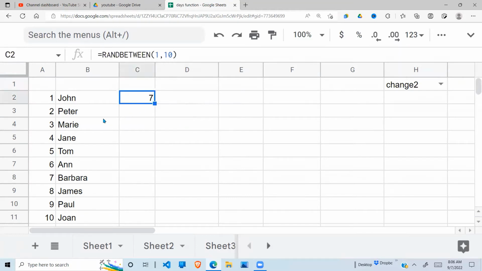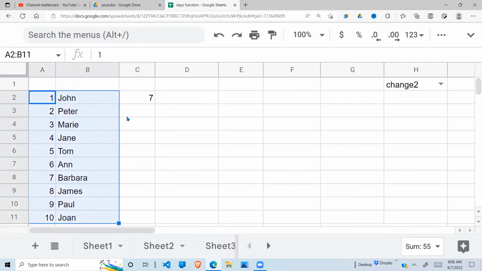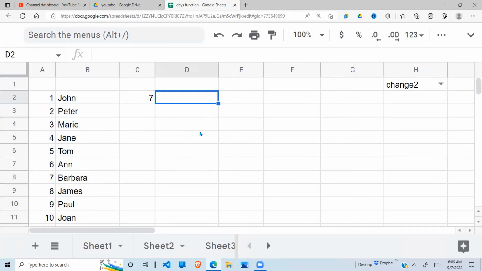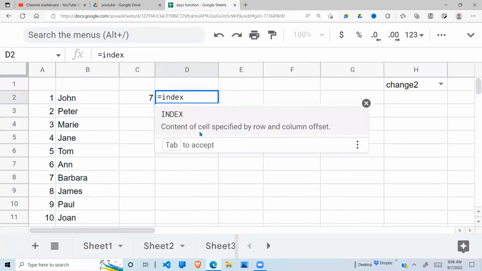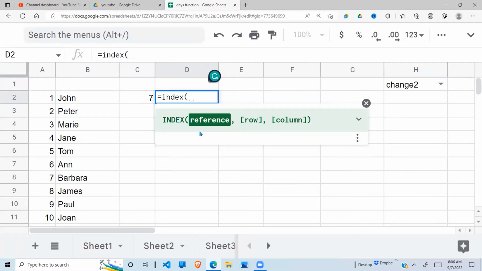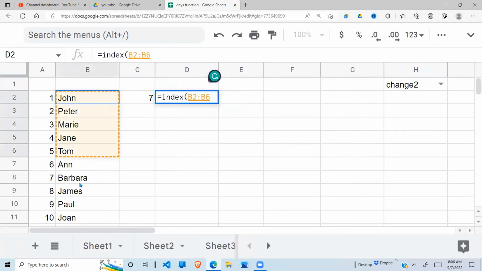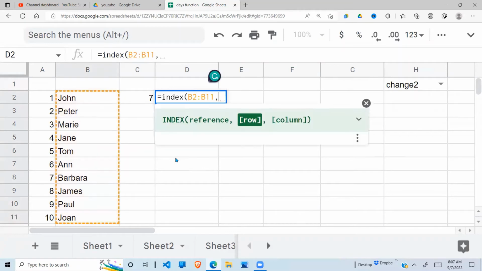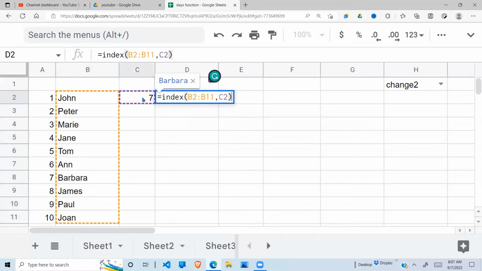So now I have this number, and using this number, I need to select a value from this list randomly, basing on the number selected here. One common approach that is being used is the index function, which takes a reference, and my reference is this list here. I want to select, comma, and I give it a row and column. These two are optional. But for the row, I'm going to give it the row which is randomly selected here. So I close my brackets, and now here it gives me Peter is 2, and here this is Peter